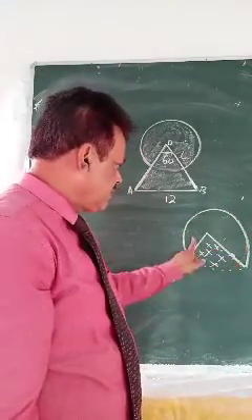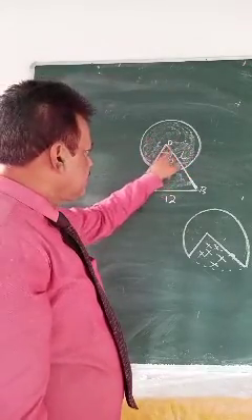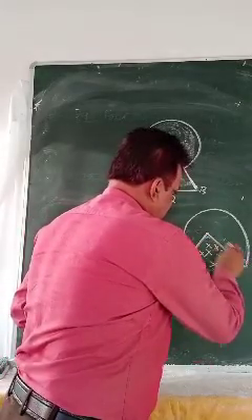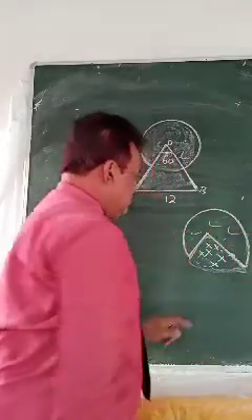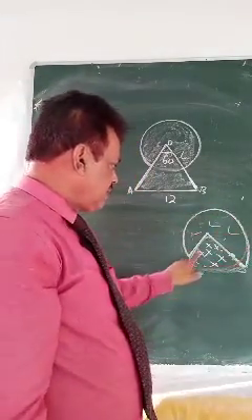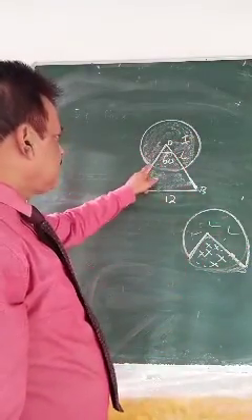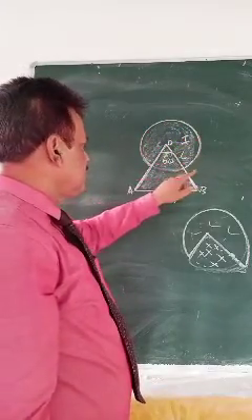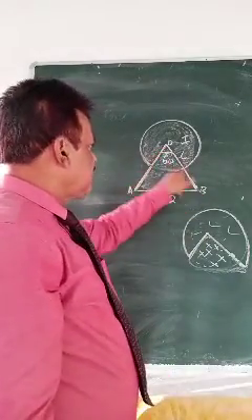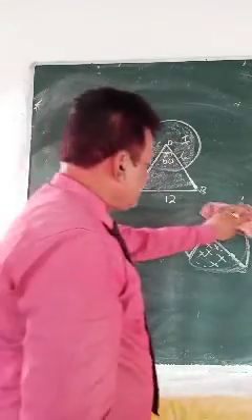then you will get this part or not? This part. Look, I have cut off this part. Means you have taken out the sector. If you have taken out this sector, then this will remain or not? That means this tick mark part is circle minus sector. That means you got this part. Figure 1: circle minus sector, then plus area of the triangle. Okay. So the shaded area is the area of the shaded part.